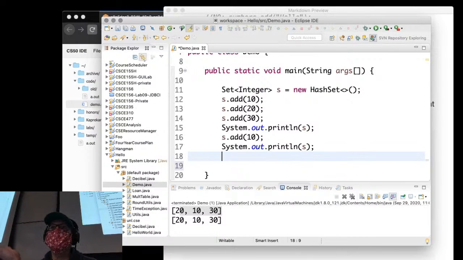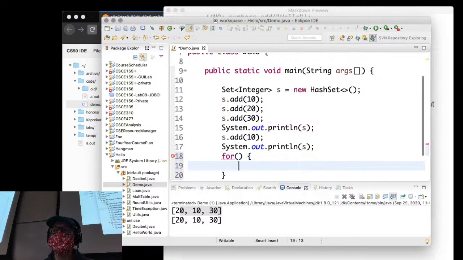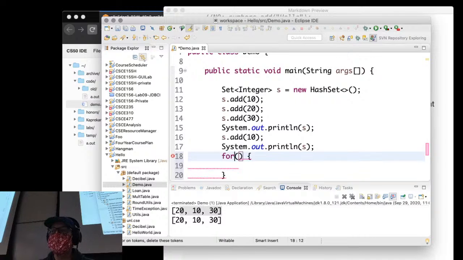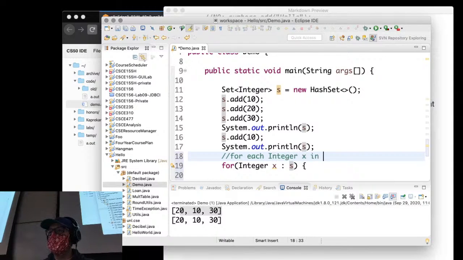print them out or process them or sum them up, right? We have what's called an enhanced for loop, which I briefly discussed at the very beginning of the semester. You don't use the keyword for each. Some languages do have the keyword for each. Java does not. But it is basically a for each loop. For each element in the set S. So for each integer x in the set S. That's how you should read this. So for each integer x in the set S,